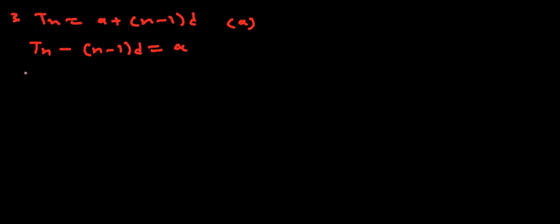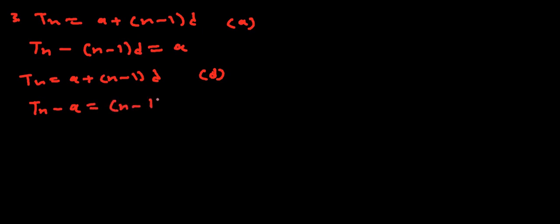Then let's say from the same equation, which is Tn equals to a plus n minus 1 multiplied by d, they say make d the subject of the formula. Then there are two ways in which you can solve this one. The first one is we'll transpose a to the left hand side. Then it means Tn minus a, because it was positive, will be equal to